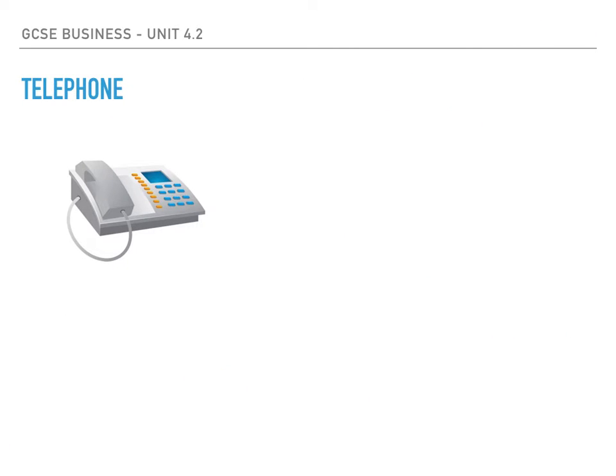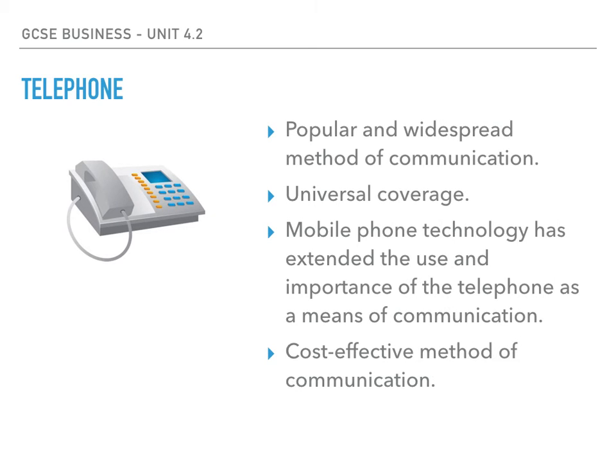The telephone is an important and very common means of business communication. It benefits from universal coverage. Everywhere and probably everyone in the world uses the telephone. For multinational businesses, those that operate in more than one country, telephone communication is vital. The spread of smartphones is increasing the importance and usefulness of the phone as a means of communication. Also bear in mind that it's a relatively cheap form of business communication, and this is certainly one of the appeals.